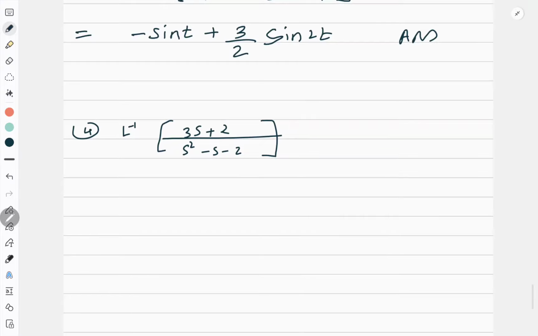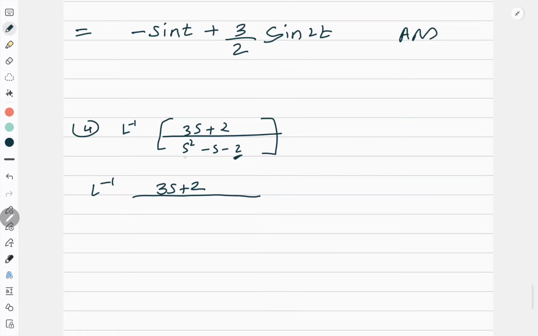Now look at this question. You can do it by completing the square, which I have taught you in one question in the previous video, or you can try to do the partial fraction. Now here if you observe, I need 2 factors of 2 whose difference is 1. That is factorization basically. And if you are not comfortable like this, take out your calculator, put this in the calculator, find out the roots and then solve it. I prefer to do it by factorization, but I'll suggest all of you to use the calculator to save your time in exam. So s square minus s minus 2 is there.